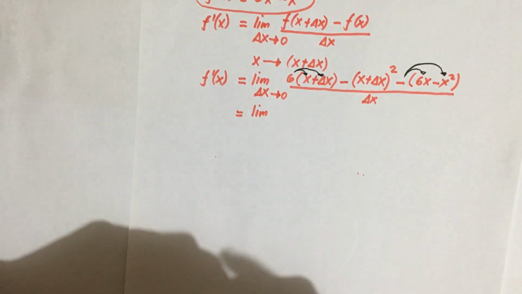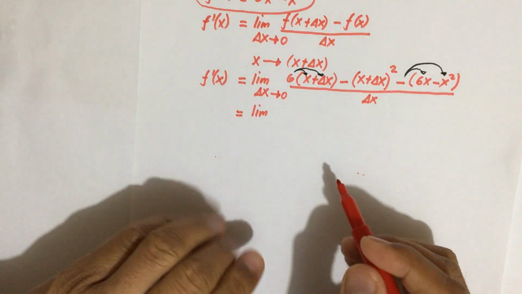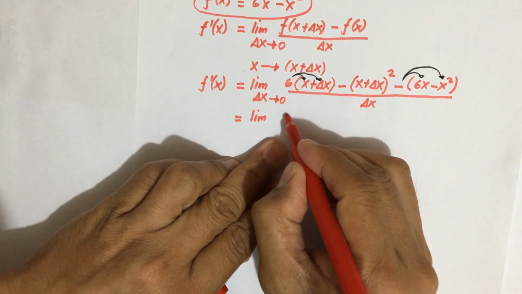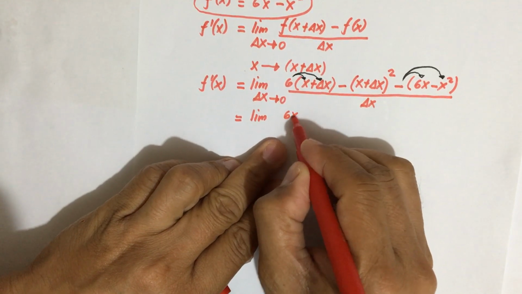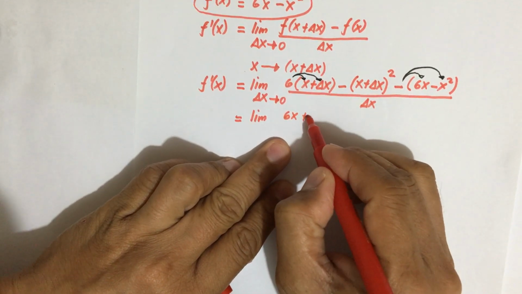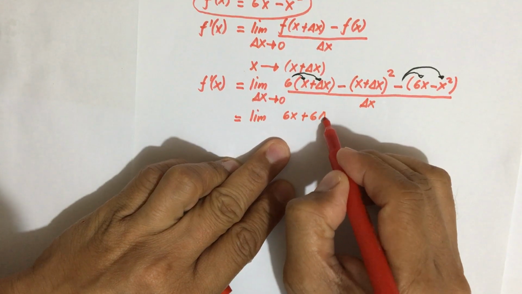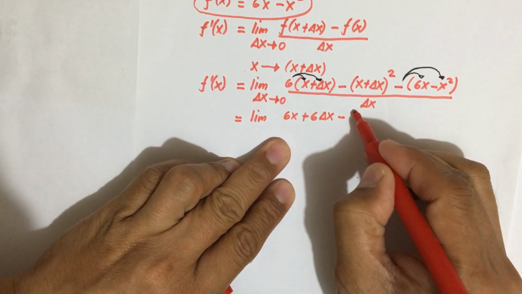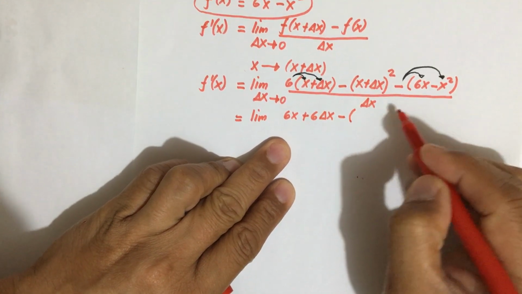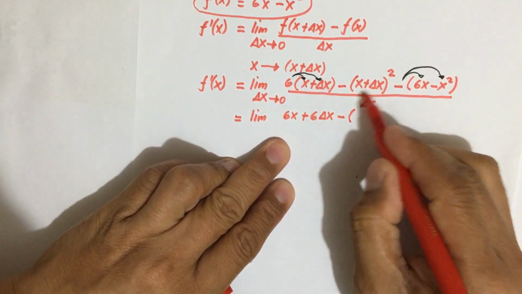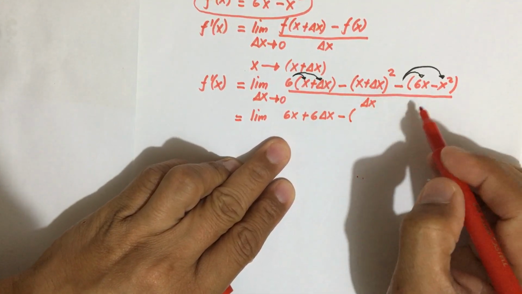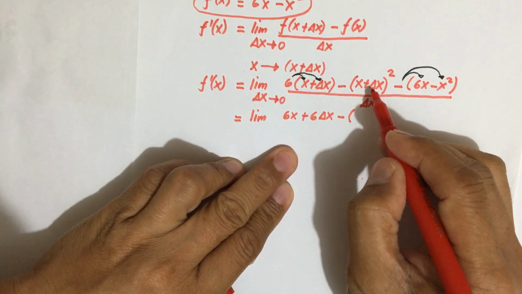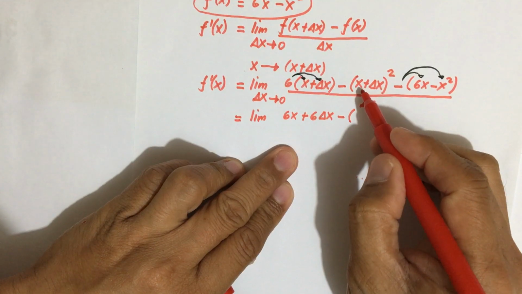And be careful of the sign. Okay? So limit of, so when you multiply this, we have 6x, then plus 6 delta x, then minus, so don't forget to enclose it with a parenthesis, otherwise your answer will be wrong. Okay, so the rule in binomial, if you have